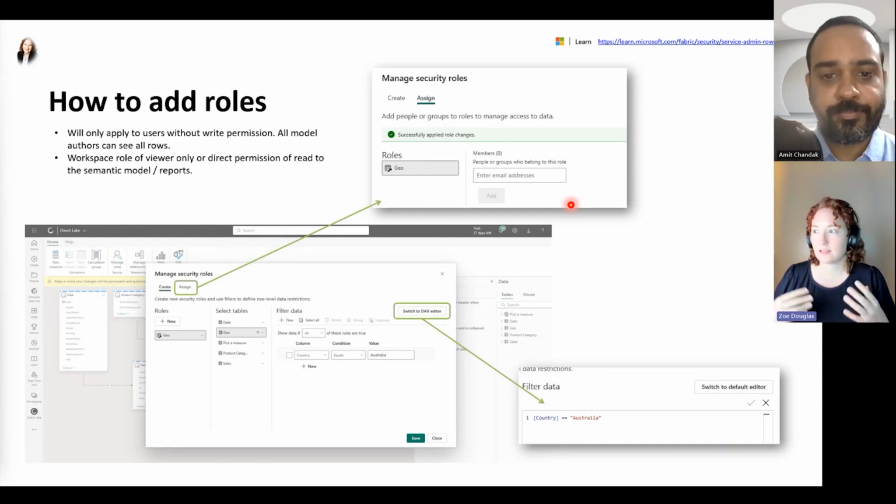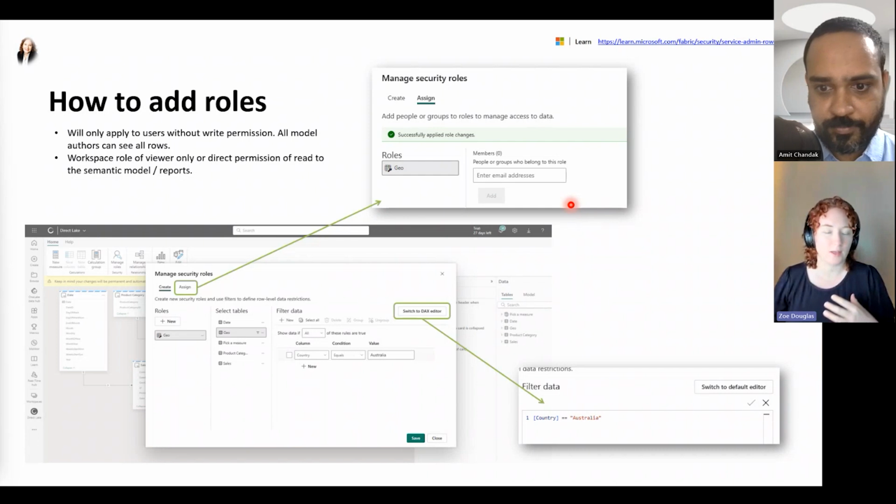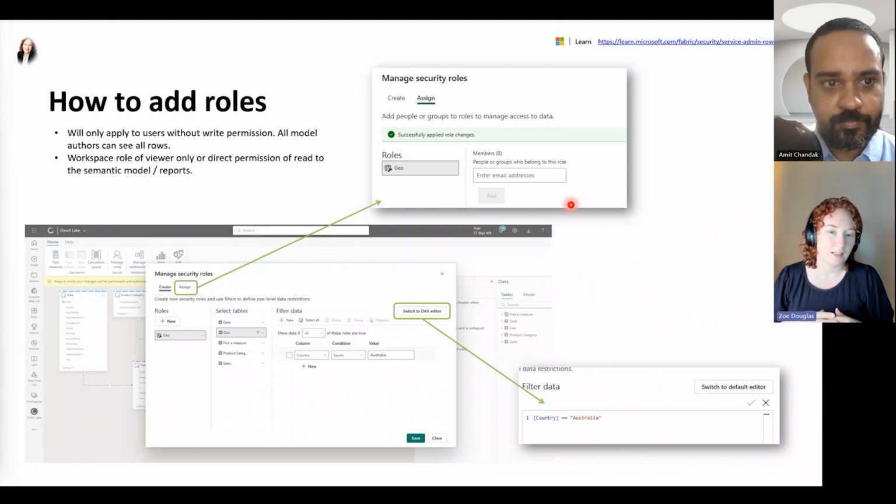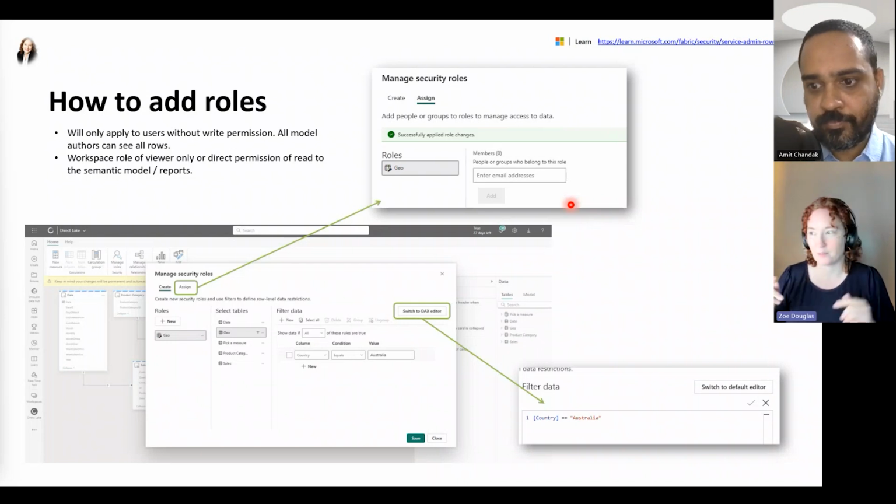And this is statically set, so I can specify who can see Australia. Amit is going to show a really good example of how you can actually set it to a group, and then in the model, look at what their email is, and specify in the model what they can and cannot see. So Amit will show you that in his demo, but here's an example of a static set. All right, so then